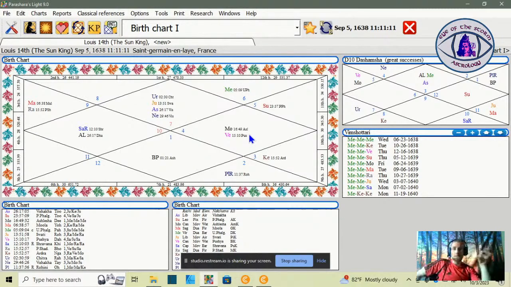But the nakshatra Ashlesha is the one I really want to hone in on. So early on in Louis' reign, his father died, and his mother was kind of in charge of things and stewardship until he grew of age to take over. Now, she was extremely strategic, maybe even slightly manipulative about the way she did that, because she wanted to rule the country the way she wanted to through her son.